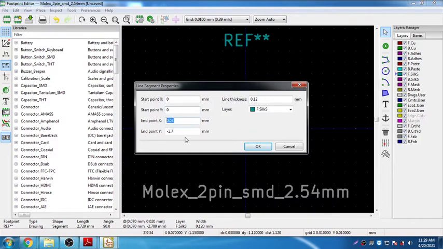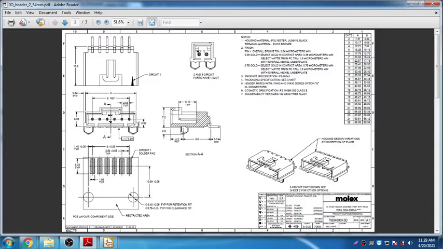End of the x point is 0 only, and end of the y point I will give as 13.6. So I'm going to decide a line which will match the dimension here, draw this line till here, then draw another line from here. I'm going to mark the outline for the components.